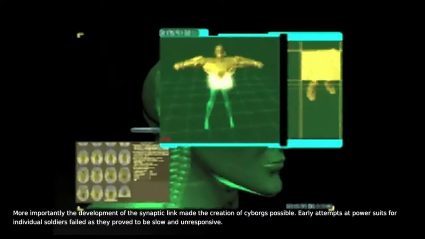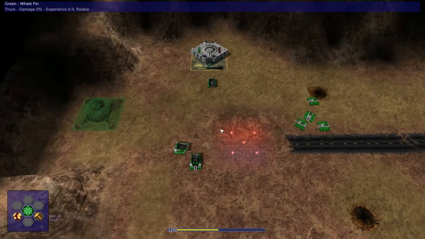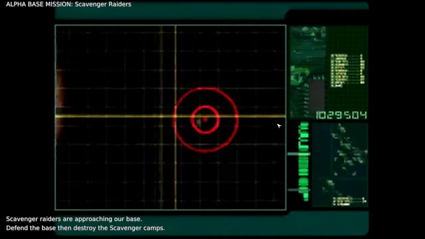Yeah, this future had cyborgs. We're not too far off of that ourselves. We just need to figure out how to connect the human brain to a computer at a good speed. Anyways, as soon as you land, you build your base and fight off scavengers, which are the most unique enemy of